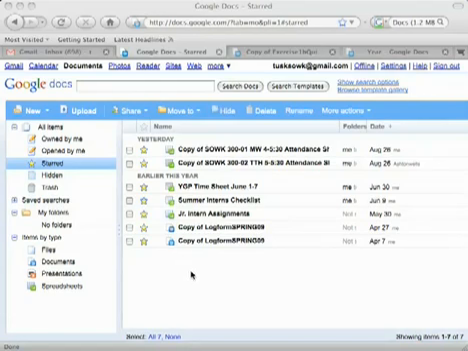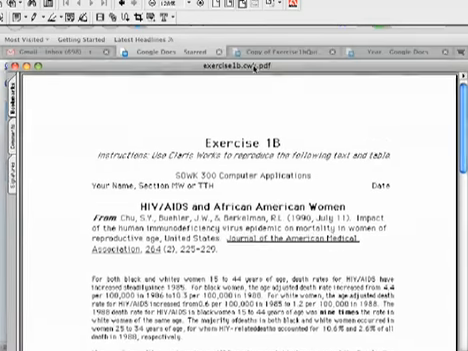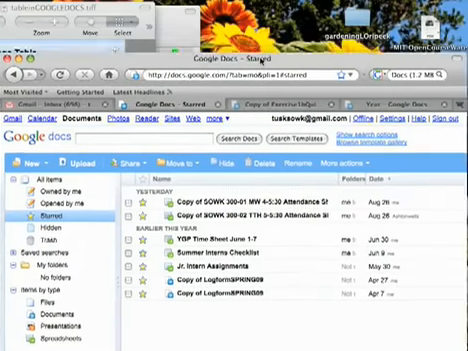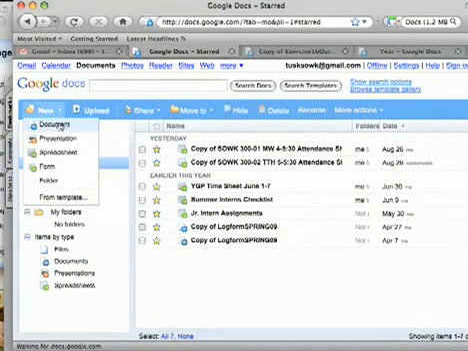I'm going to do a brief overview for you on how to create a table in Google Docs for your exercise 1B, or actually for most of you, it might be quiz number 2 this semester. As you go through Google Documents, what you will need to do is create a new document,